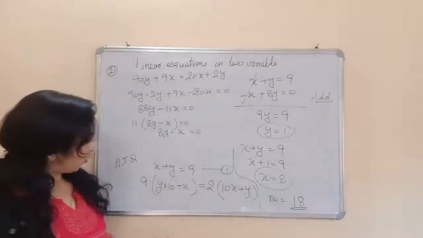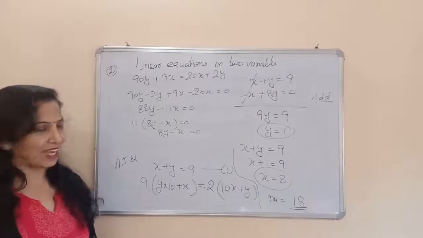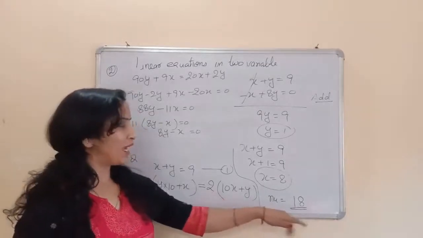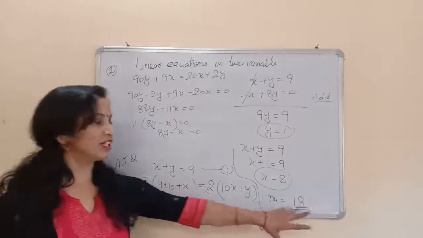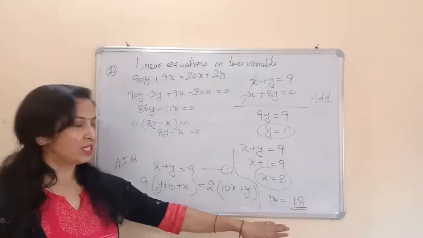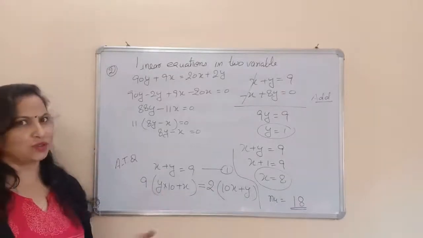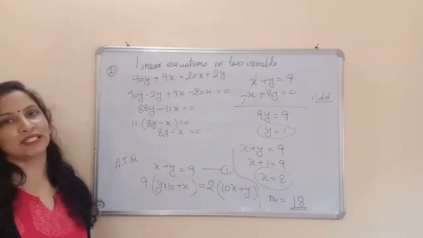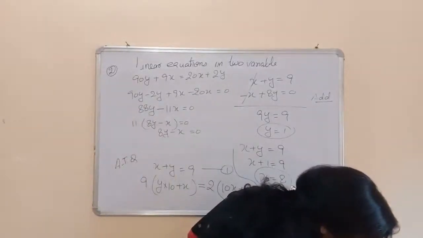Or if you multiply 18 by 9, you have to see whether it is equal to 2 times the number 81. The reversed number will be 81. So 81 into 2 will be equal to 9 into 18. So you can check it. This is the method to check your answers, whether you are correct or not. So this was question number 3.